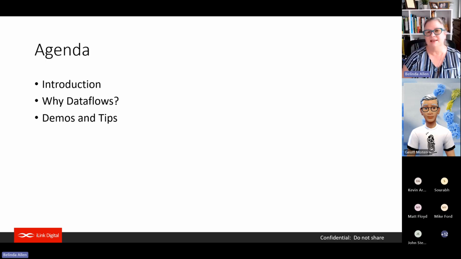This is going to be a lot of hands-on stuff. We're going to do an introduction. I'm going to talk about why data flows, why you'd be interested in data flows, and then we're going to do demos with tips. And I will point out, Fabric is kind of big, so we're going to just focus on data flows themselves. We'll do a little bit of a demo with the pipelines as well, so we'll understand what some of that is.